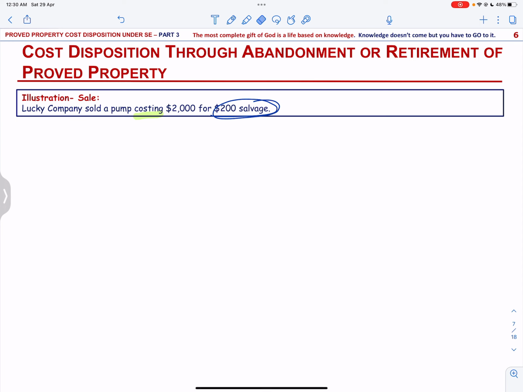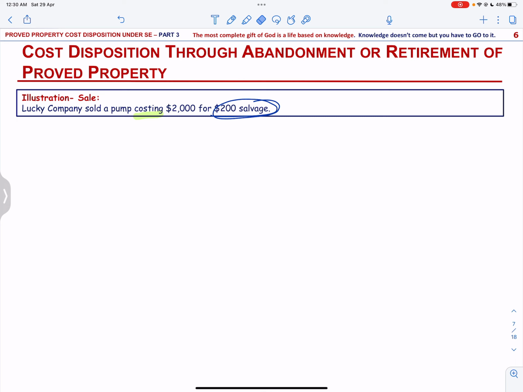Now, sale of some part of a proved property is treated as a normal retirement with no gain or loss recognized, until non-recognition of such gain or loss does not have a material effect on the unit of production amortization rate for the cost center. If there will be a material change or distortion in the amortization rate, then the gain or loss should be